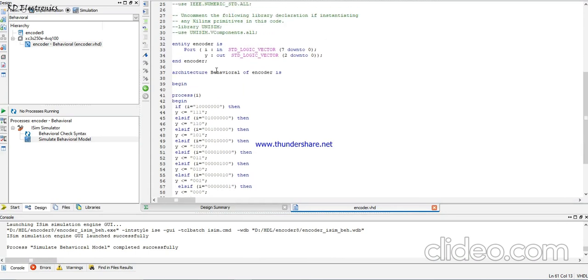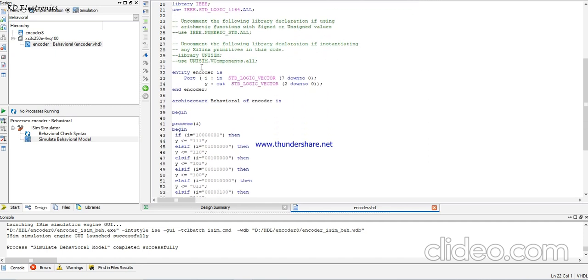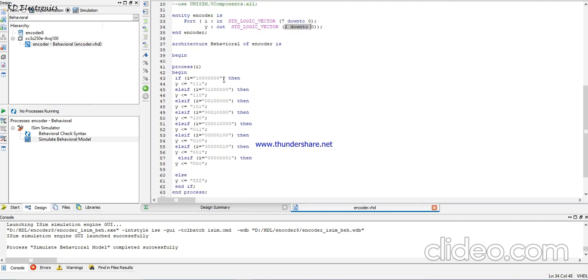Now this is the logic written in VHDL. There are two IEEE standardization libraries: one is the IEEE standard logic library and another is for HDL. Now this is the entity of the encoder. Here one input is named I, and 8 inputs are available, therefore the signal bus is 7 down to 0, and the output is y. This is 3 bits, 2 down to 0,